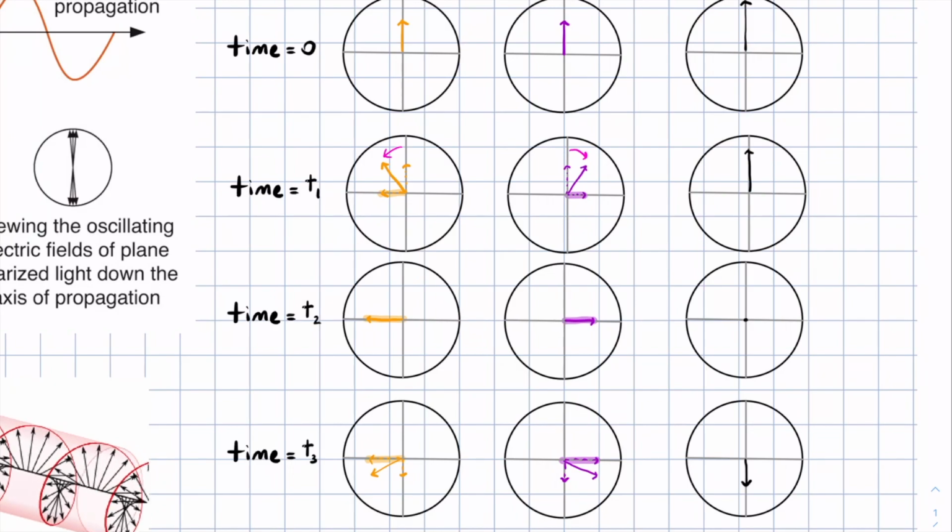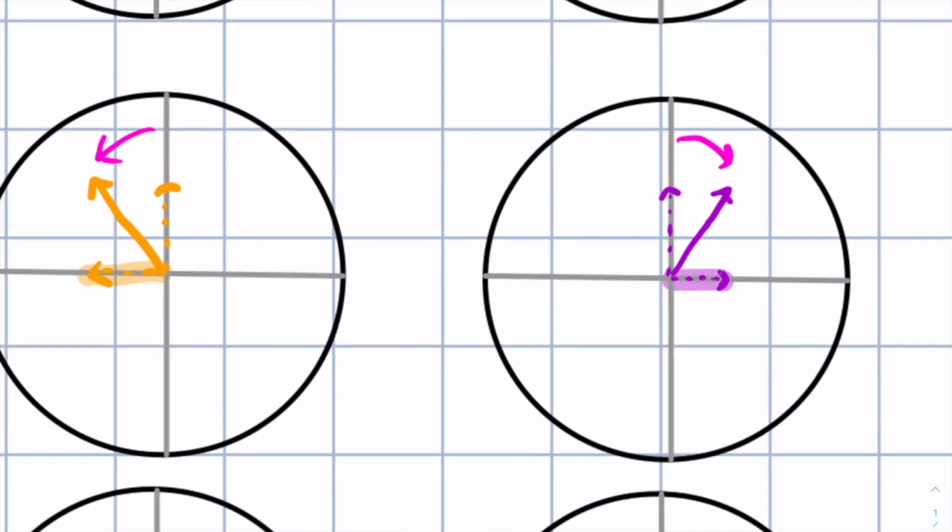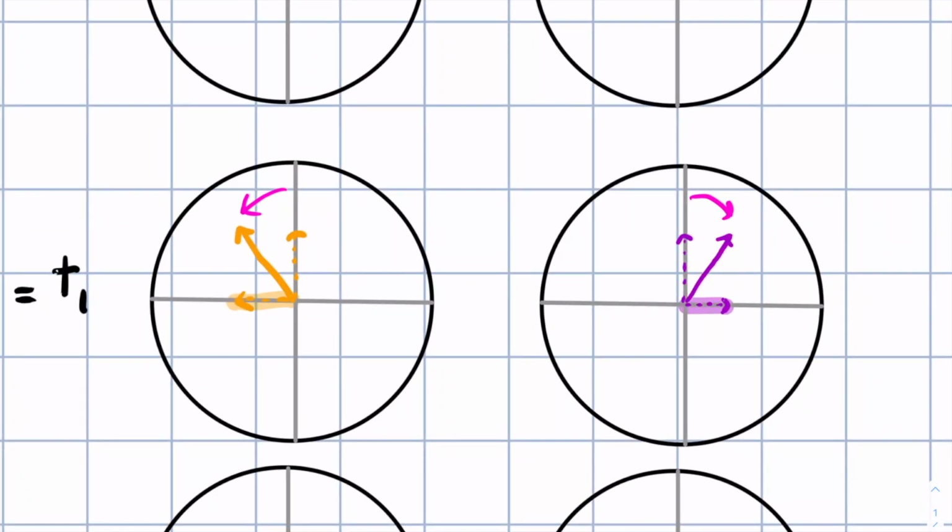So at time zero, we'll say both counterclockwise and clockwise are pointing in the same direction. At time point 1, they've both rotated through an equal angle in opposite directions. If you zoom in on that and look at those two vectors, if you remember from math or physics, you can always